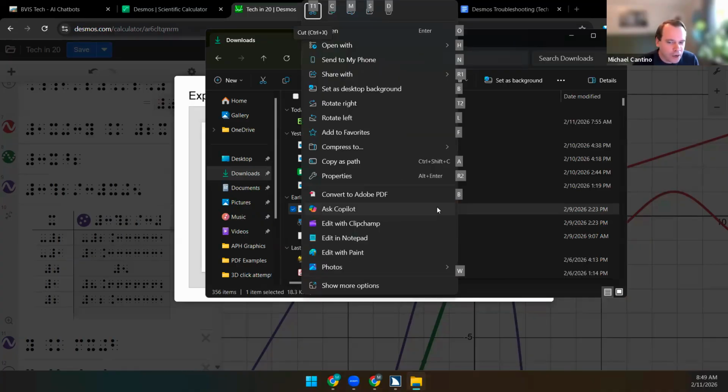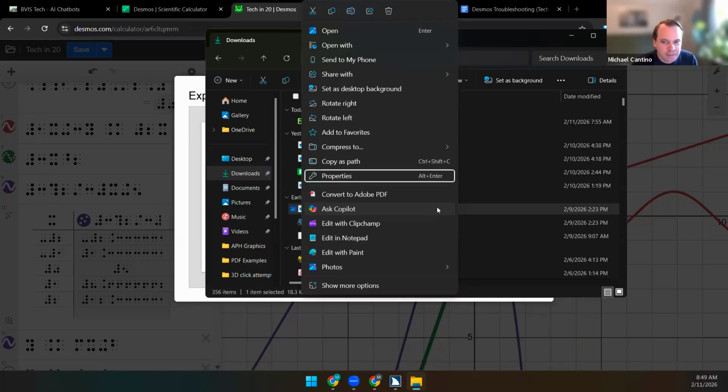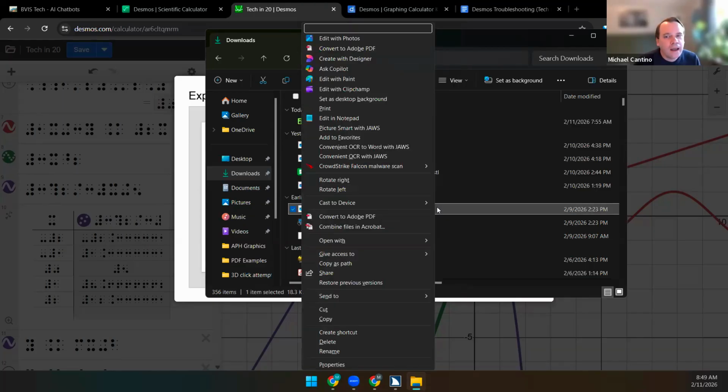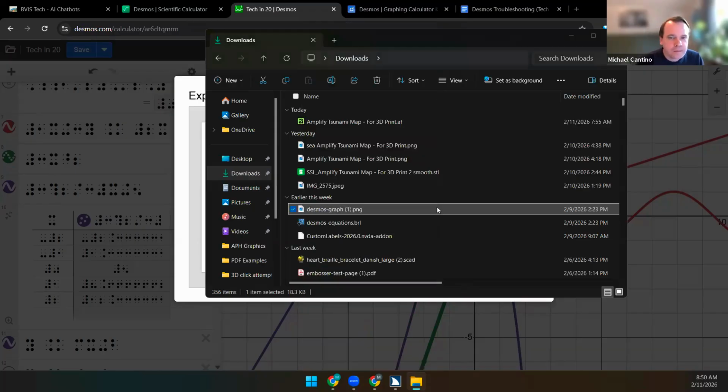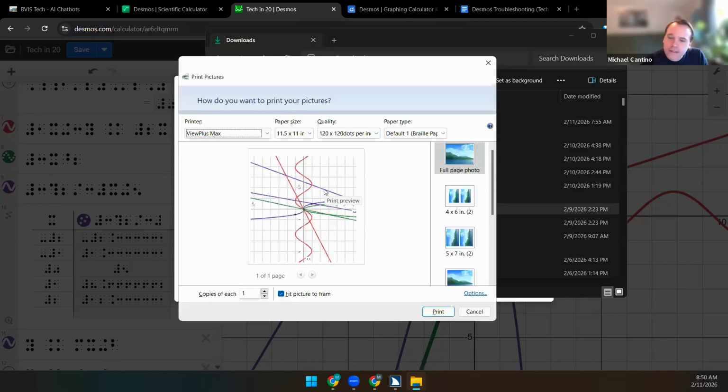We want to go to Show More Options. Copy. Rename. Rotate right. Edit. Photo. Show more options. Enter. And in this menu, you'll get a print menu. Print. You'll get a little print dialog, and it looks like it's going to print sideways, but